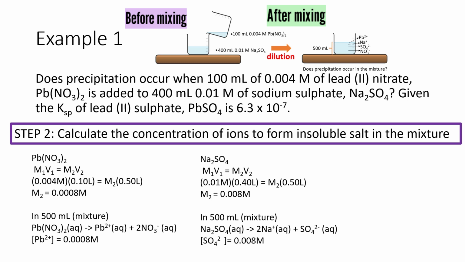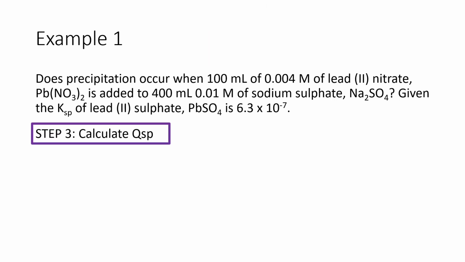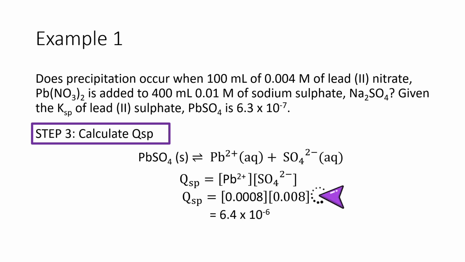In the 500 ml reaction mixture, the soluble sodium sulfate dissociates completely to give sodium ion and also sulfate ion. From the dissociation equation, 1 mole of sodium sulfate will dissociate to give 1 mole of sulfate ion. Therefore, the concentration of sodium sulfate in 500 ml is equal to the concentration of sulfate ion in the reaction mixture, which is 0.008 molar. Then in step number 3, we calculate the reaction quotient value by substituting the concentrations of the ions into the reaction quotient expression. For this question, the reaction quotient was calculated to be 6.4 times 10 to the power